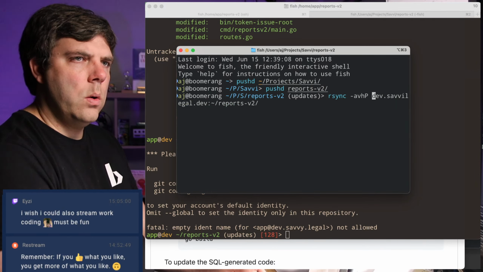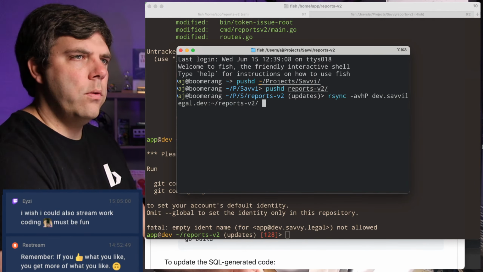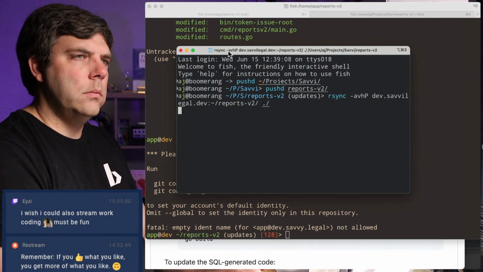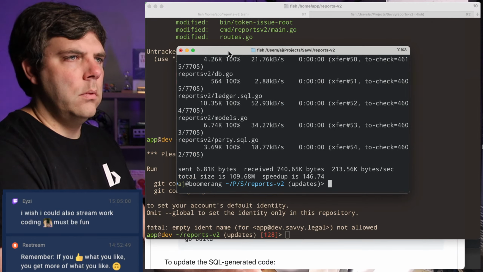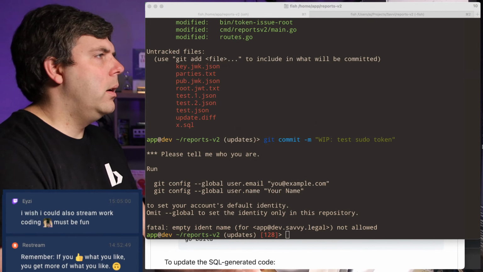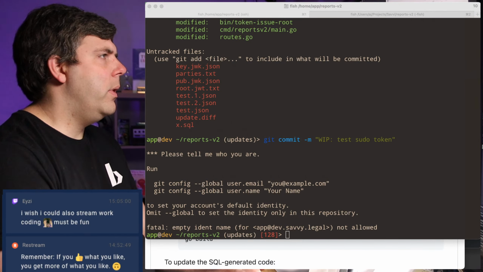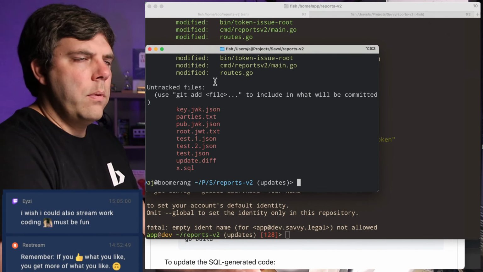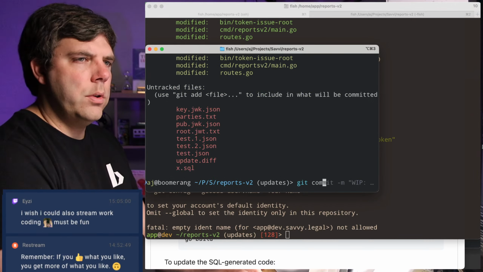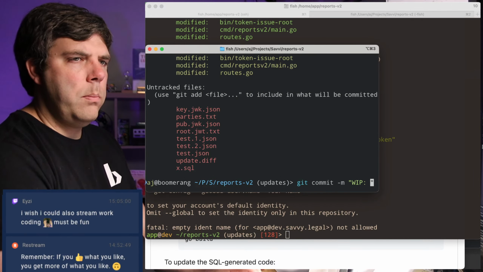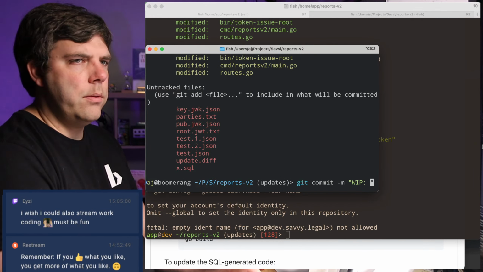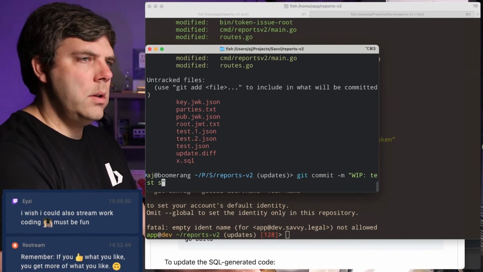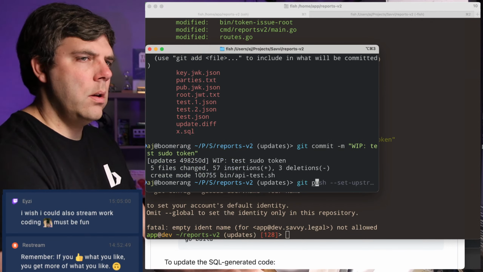So we're just going to go the opposite direction. We're going to go from the remote to the local. Okay. And then with that, oh yeah, I could still do this here. Okay. And then with that, I'm just going to do WIP, something about test sudo token.